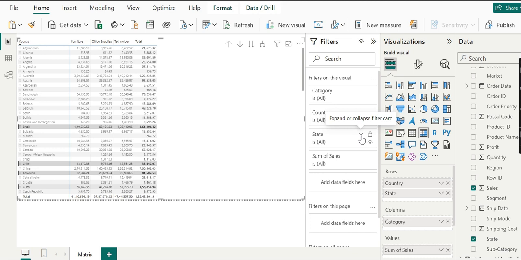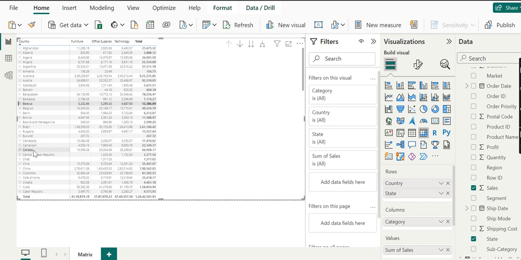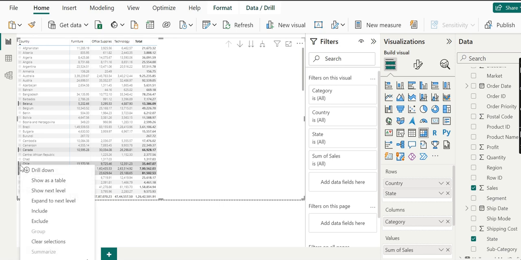By the include command, we can include 4 or 5 countries only. Now we will go to the exclude command. For that, we will select any of the countries and hold the control key while selecting. Then right click and use the exclude command.